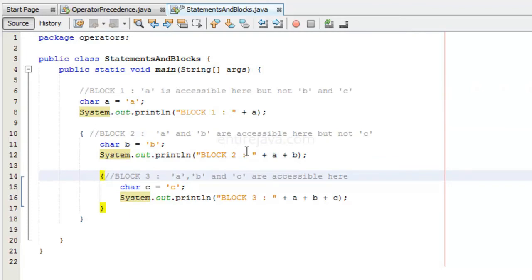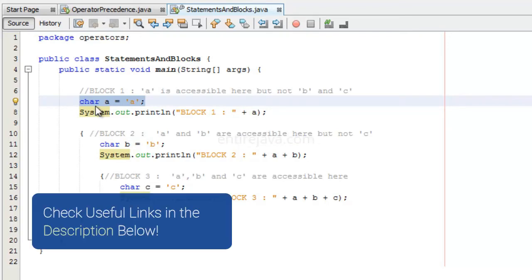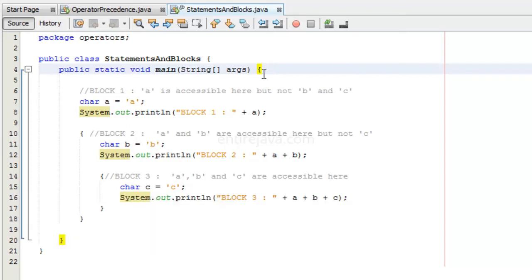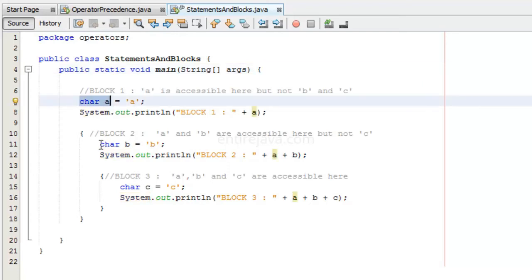One important thing to note is the scope of variables. We have block 1 here, and it has a variable char a. Now inside this block we have subblocks, which is block 2 and block 3. The char a can be accessible from inside this block, and when I say inside this block, it also means inside the blocks inside this block. So the variable a is accessible within these blocks as well, block 2 and block 3, but not the other